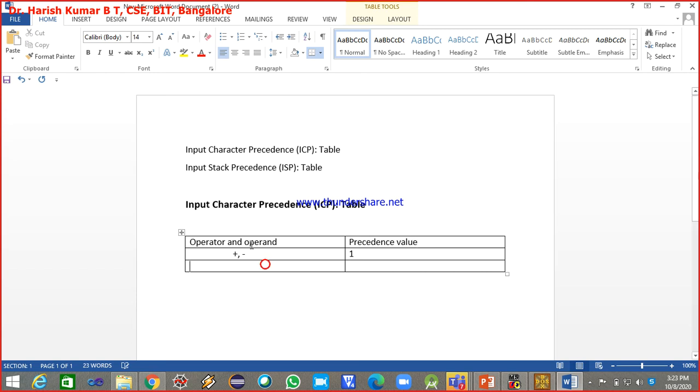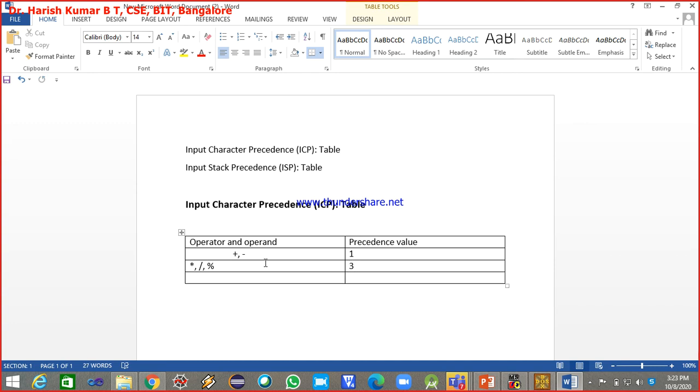For plus and minus, the precedence value I'm assigning is 1. In the input character precedence, I'm assigning to plus and minus the precedence value 1. Similarly, for multiply, divide, and remainder, all of them have equal precedence, and to this I'll assign the precedence value 3.